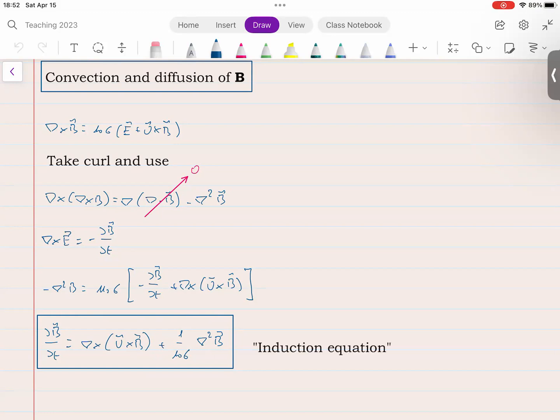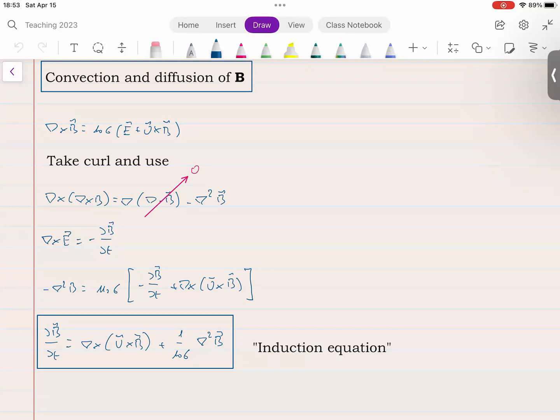If you have any familiarity with fluid dynamics, which you may or may not have, this is clearly a diffusion equation. More precisely, the second term on the right-hand side, the del squared B, is a diffusion operator, while the first term represents the convection of the magnetic field, how the magnetic field is transported by the plasma,